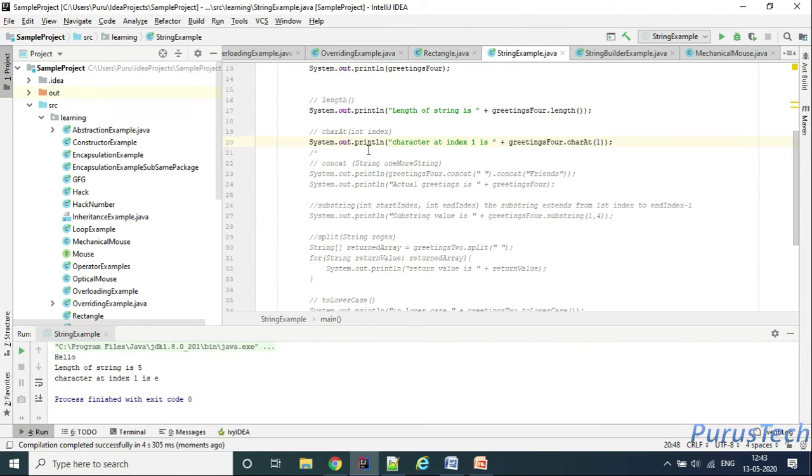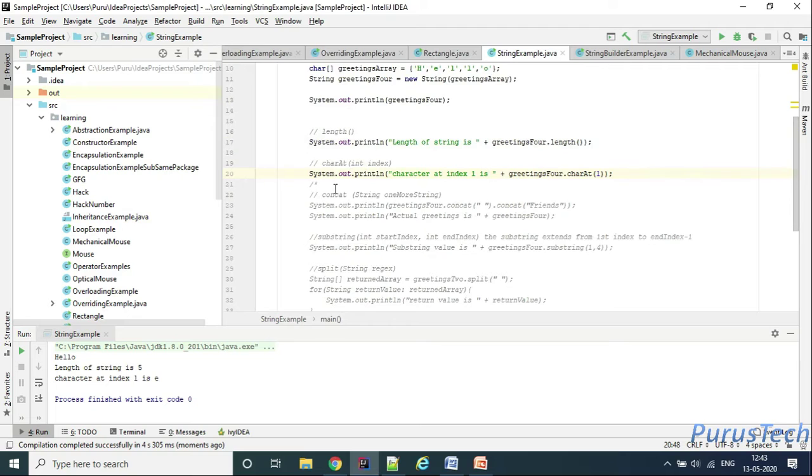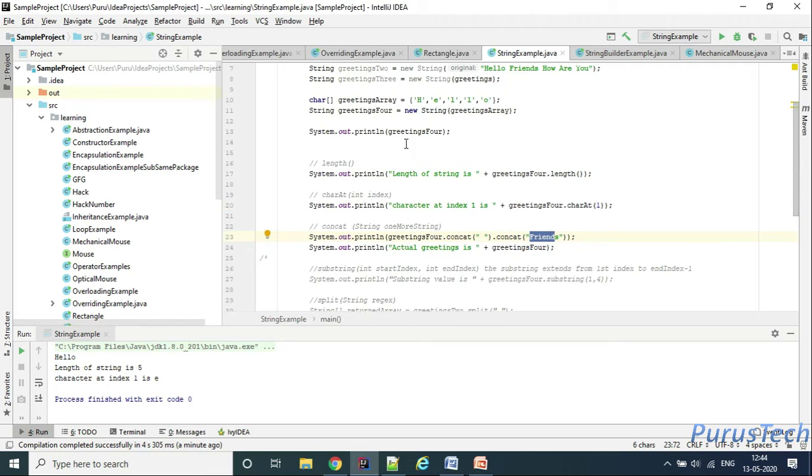Now let's go to some other methods. One of the methods is concat. We are going to discuss the concat method. It takes one more string as a parameter. What the concat method does is concatenate, or add, this particular string to the existing string.